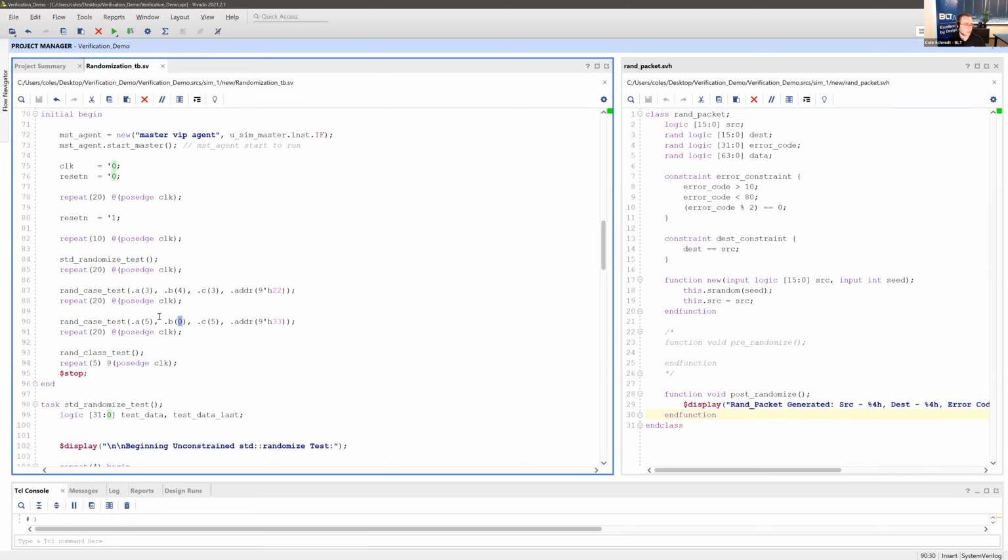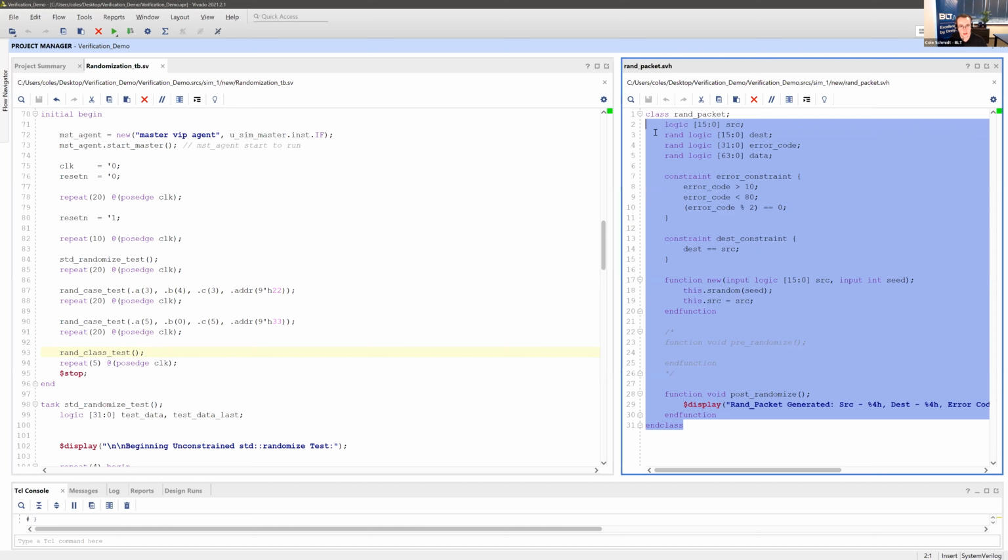So this is 5 just to keep things consistent with the previous example, but they could just be equal values. So it could be 1 and 1, 2 and 2, 100 and 100. So it's not going to change the outcome there. And with the rand class test, that's going to be utilizing this class rand packet that I've defined